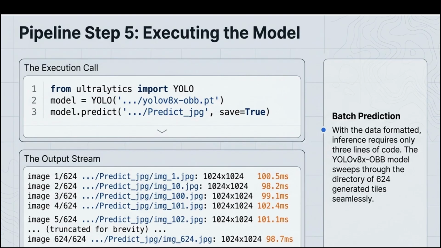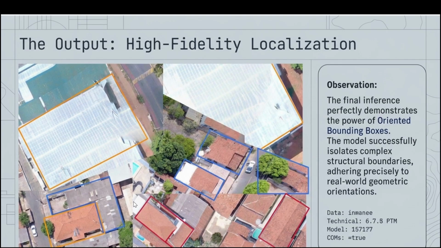Then we call Ultralytics and import the YOLO model, and I already sent you another file, mainly a PT file. It has a PT extension. This file stores the YOLOv8 OBB model. We import the model, and further we predict on our JPG imagery, and it automatically applies the detection. Finally we detect all the features, suppose cars, trees, houses, or solar panels. Everything we can easily detect with this high fidelity localization. It creates the oriented bounding boxes, and the model successfully isolated the complex